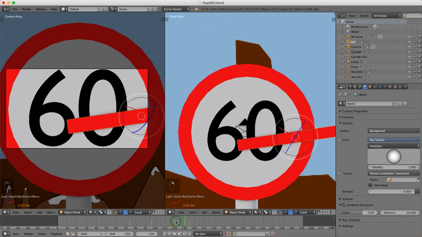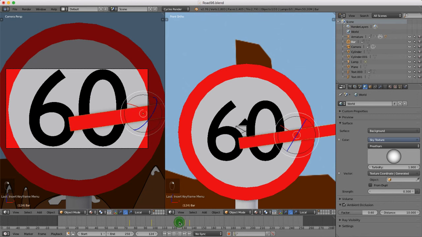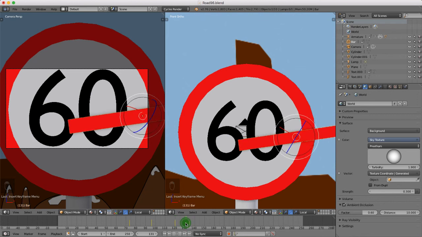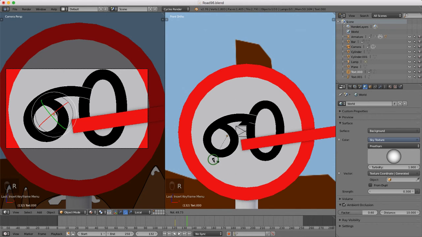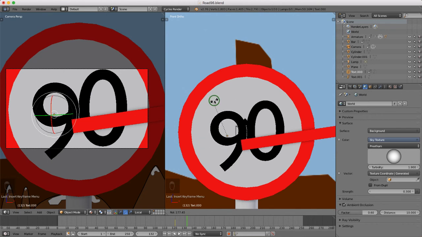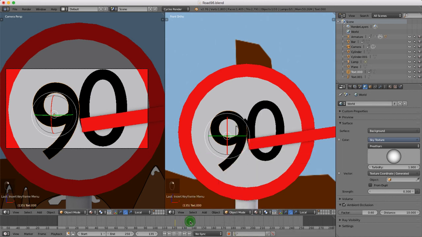What I can do actually is come back to here and right now I can just pick a point and we can have a look at the speed of it later. I can press R to rotate and maybe just go 180 and just enter and press I, location, rotation, scrub on